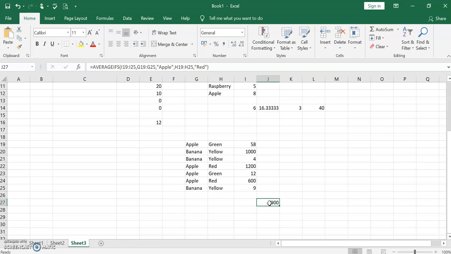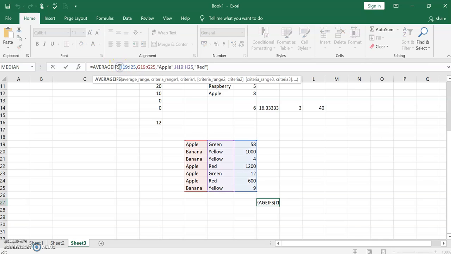So keep practicing more for your familiarity with the formulas. The formulas are very easy. In Excel, the command itself will guide you. For example, you just give the range, it will show you the average range. What is the average range you want? What is the criteria range 1? What is the criteria? Which is the criteria range 2? And what is the criteria? The formula itself will give you all the answers, right? So average ifs when you are pairing up multiple criteria. Okay.